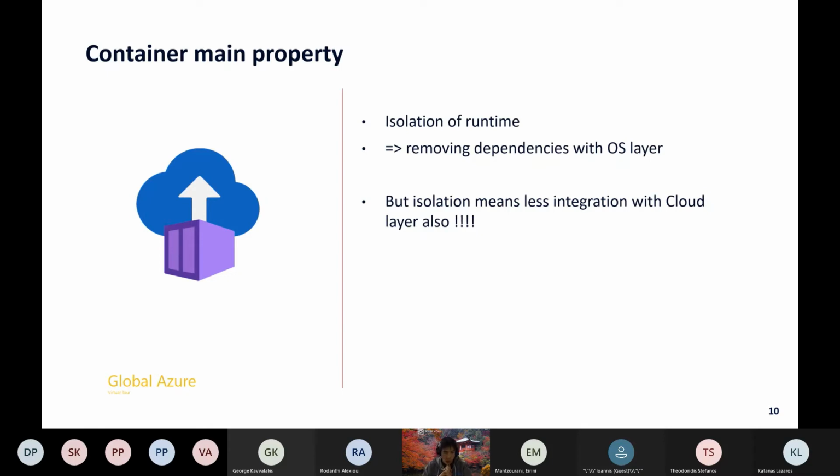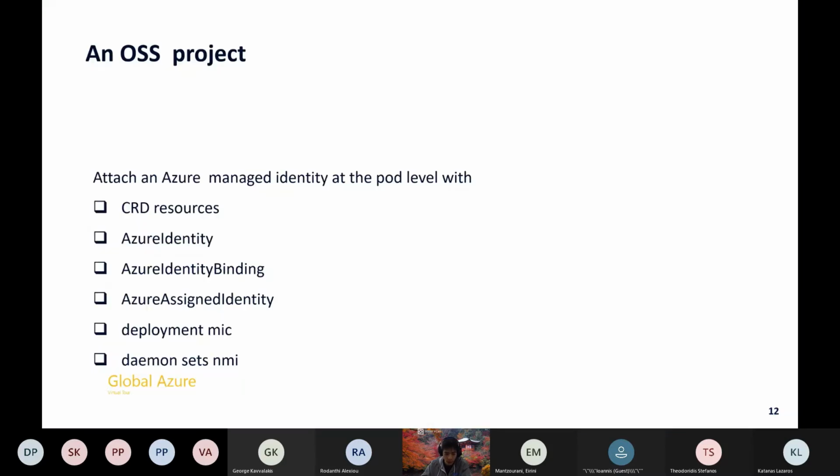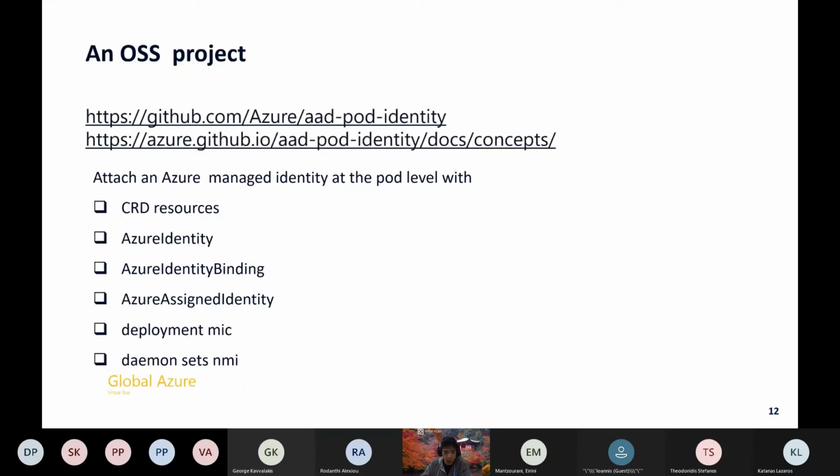Okay, if we focus on that, containers are causing us trouble, and that's the case in Kubernetes, because we cannot associate directly an identity from Azure AD to a pod, to a container in a pod. And that's where we come with a solution. We have something called pod identity for Azure Kubernetes Service, which is the way to associate identity instead of writing passwords in config maps or secrets, because this is bad.